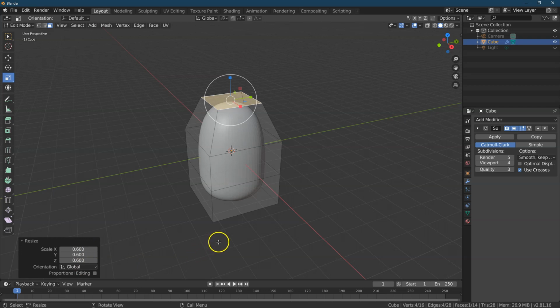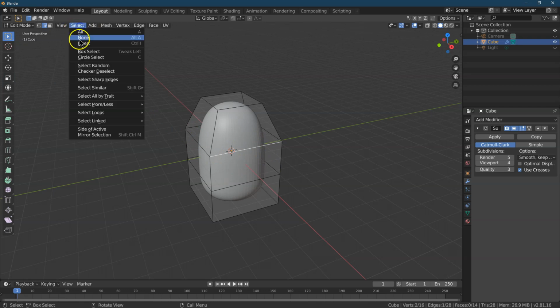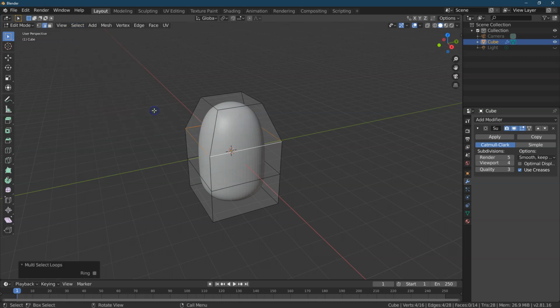Okay. And then I was going to have him come out a bit at the arms. So let me do edge select. I'm going to click this edge, but I want all of these edges. Something really cool you can do is select edge loop, and now I got all of it. Okay. And what I'm going to do is move this down slightly,